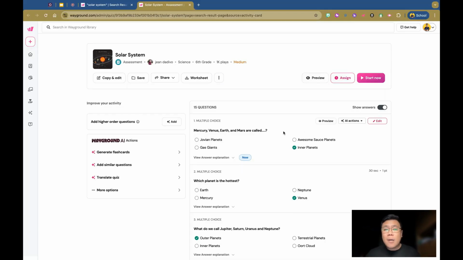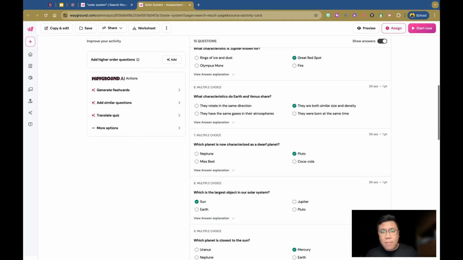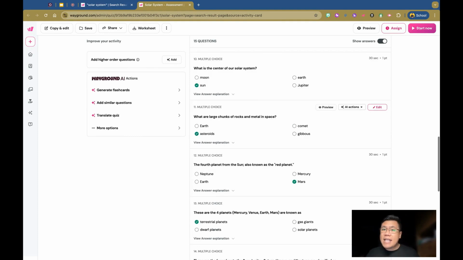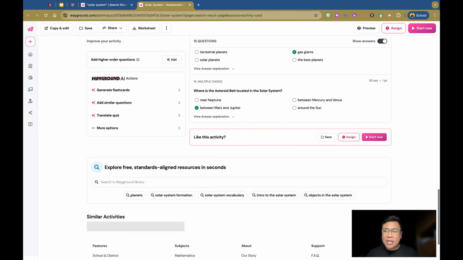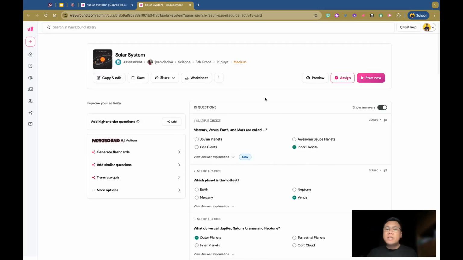I also check that each question is aligned with my lesson objectives and competencies. So let's check. I have 15 multiple choice questions. That's a green flag. And the next thing to do is you click on Start Now.